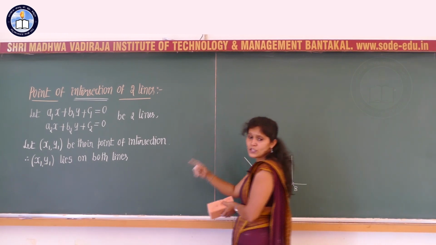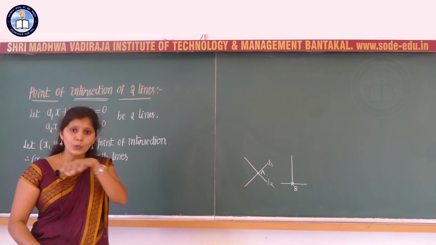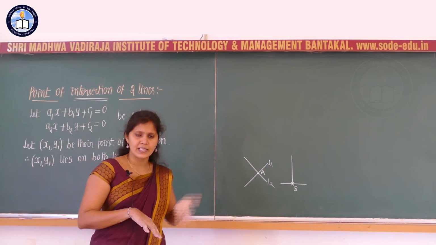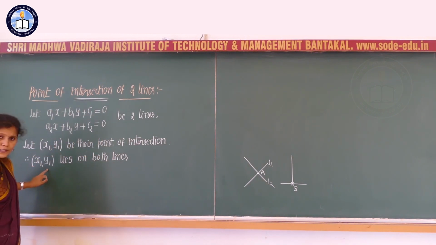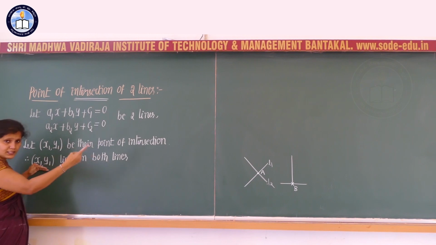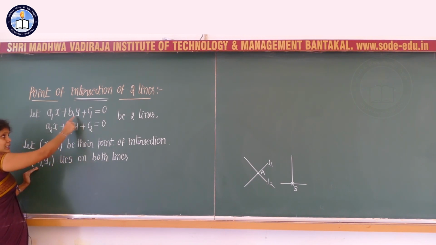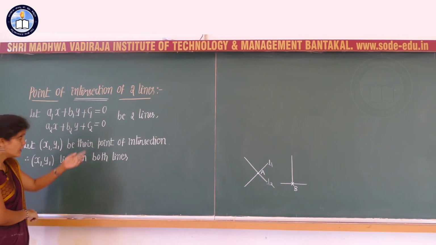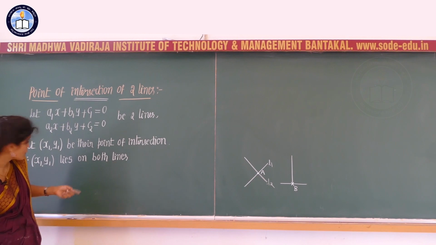Then if x1 comma y1 is the point of intersection of the two lines L1 and L2, that is the given two lines, so then I can say that ordered pair x1 comma y1 lies on these two lines. That means this point satisfies these two equations. That means you can replace x by x1, and in the place of y you can replace y1. So now these two equations I can write it as, how to write these two equations now?